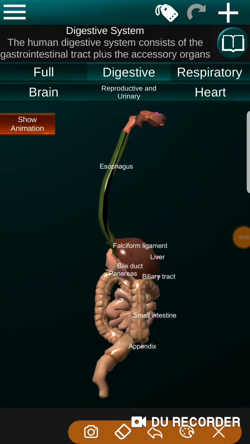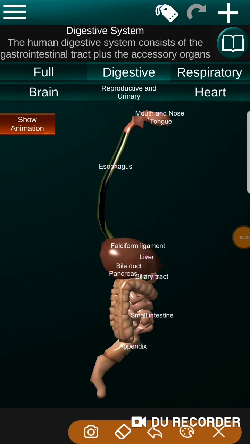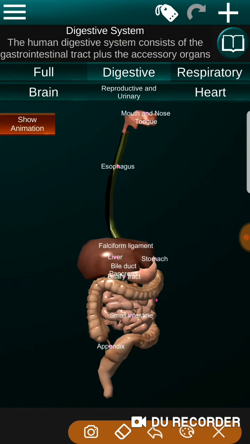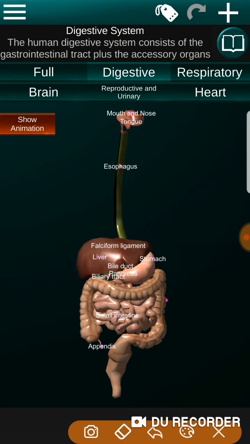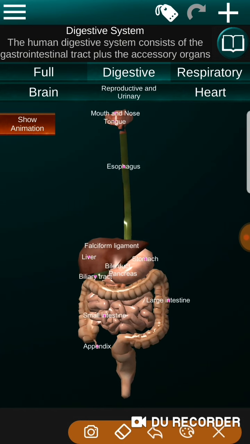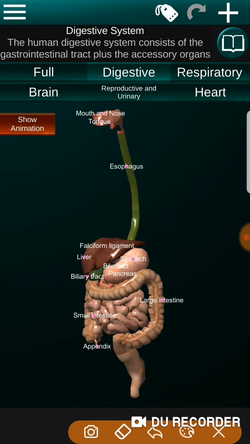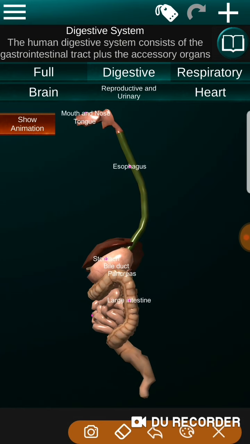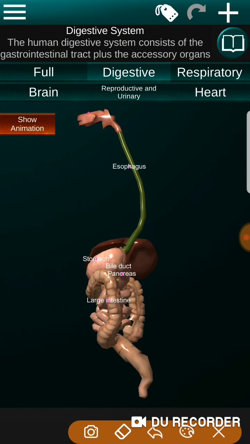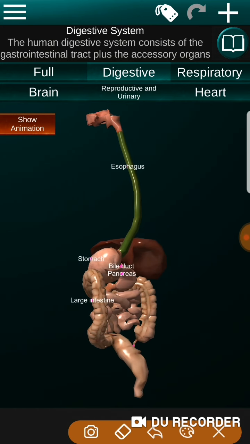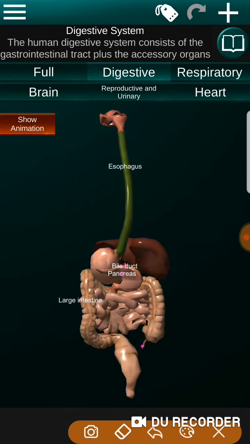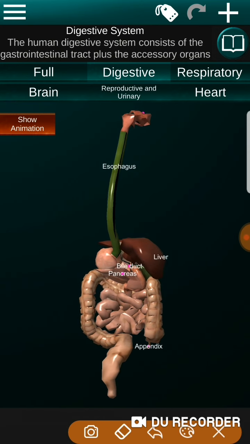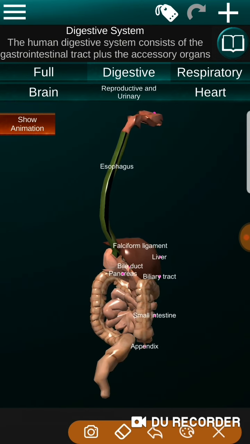Hello children, yesterday we learnt about the 5 steps to obtain nutrition by animals. We learnt how amoeba takes its nutrition. We learnt about different types of teeth, which can be categorized into two: temporary set and permanent set. Now we will start with the second step of the digestion process. Now let's start.